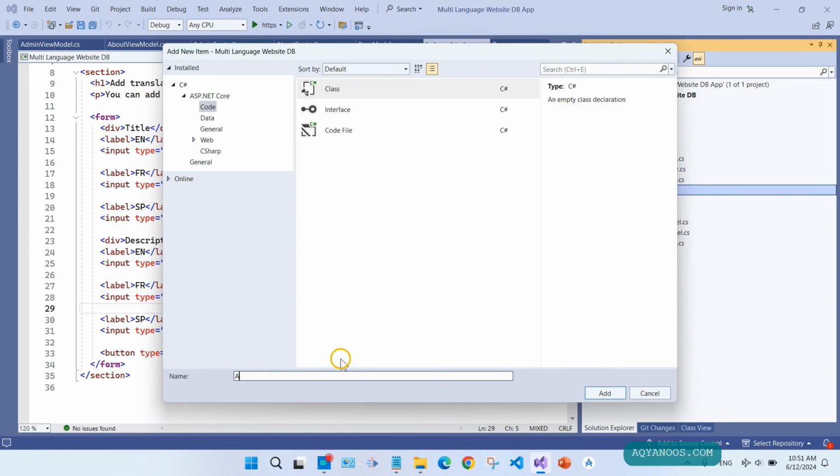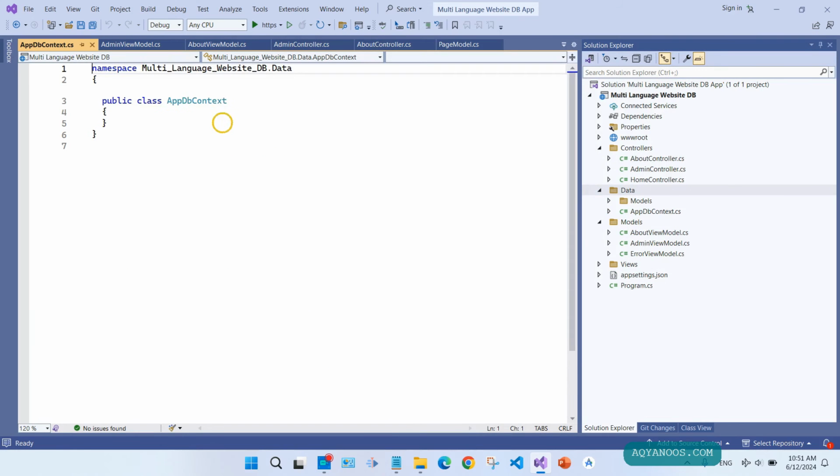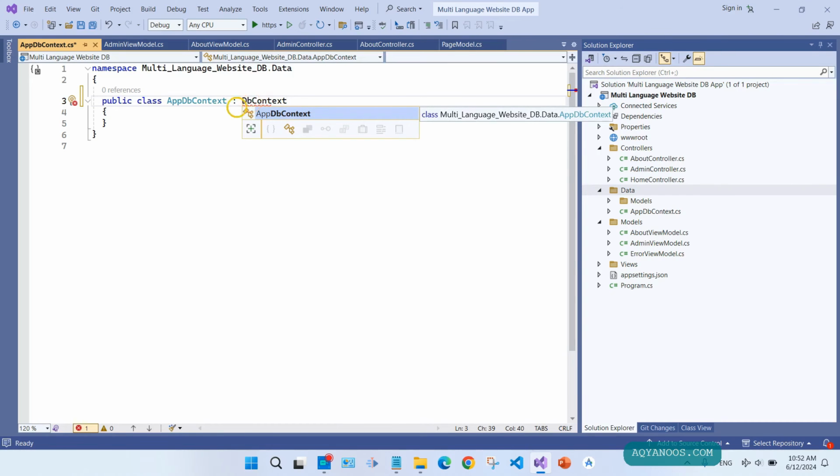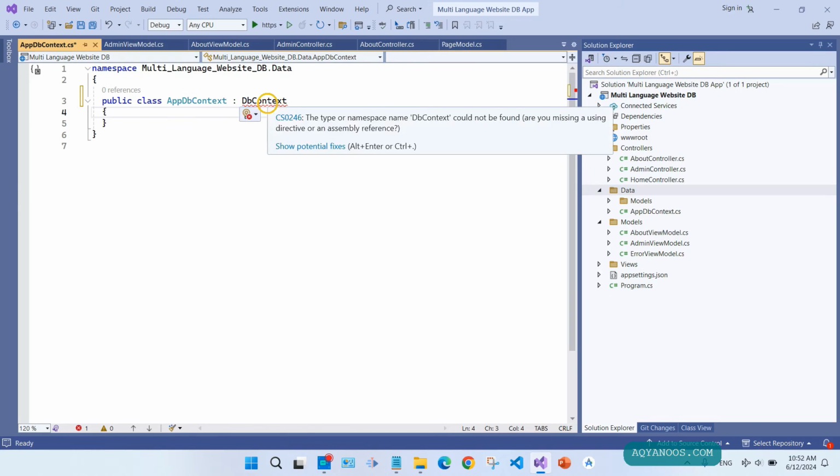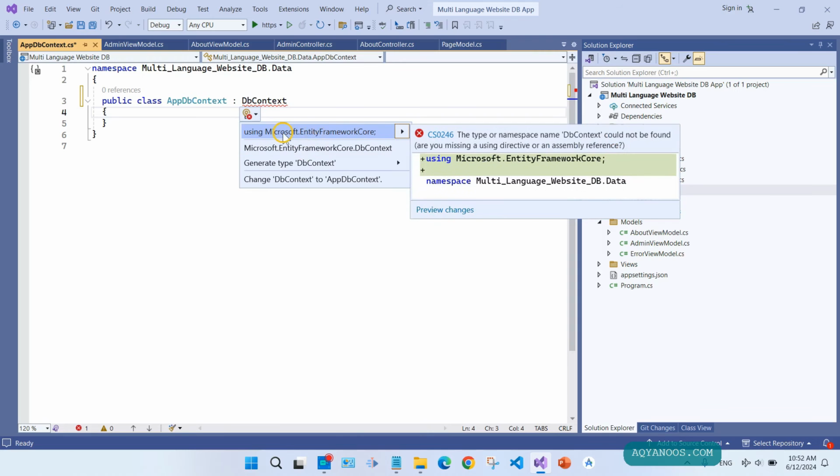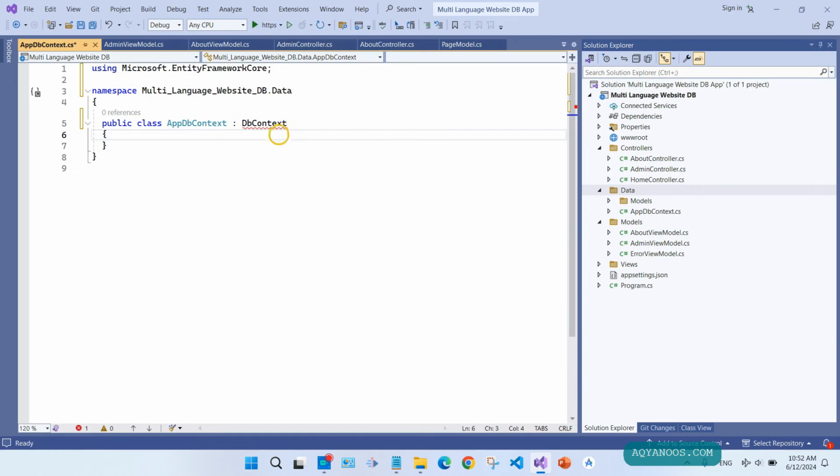Right click on data folder, then add, then class. Name it AppDbContext and enter. This inherits from DbContext. Show potential fixes, using Microsoft.EntityFrameworkCore. Very nice. Then we have to add here constructor,